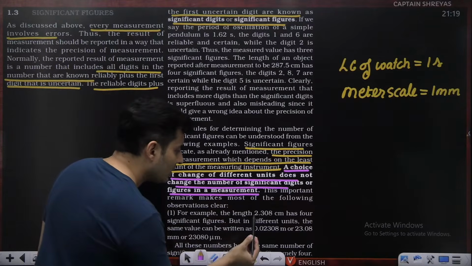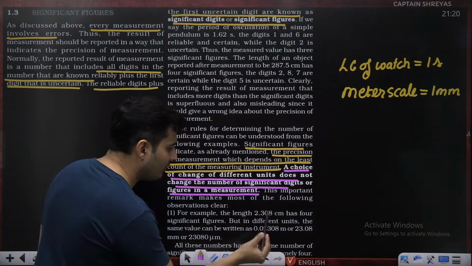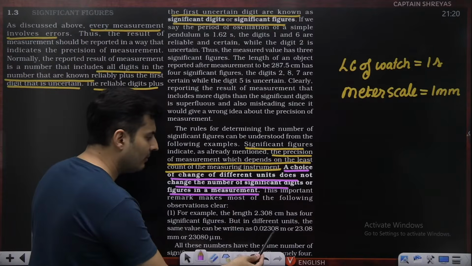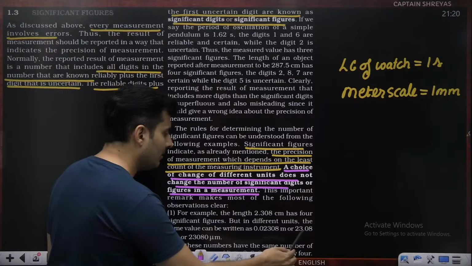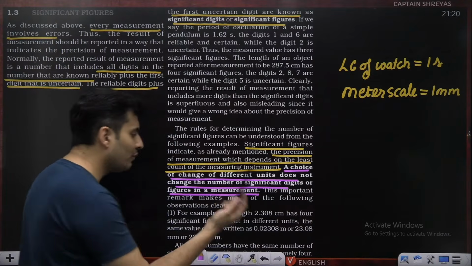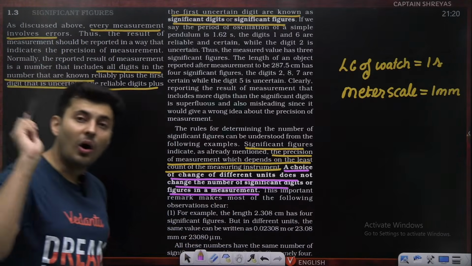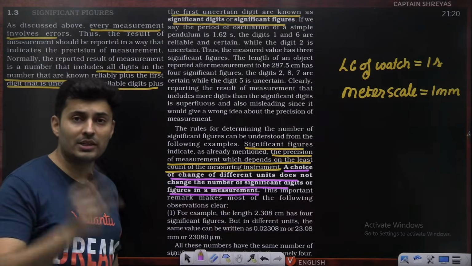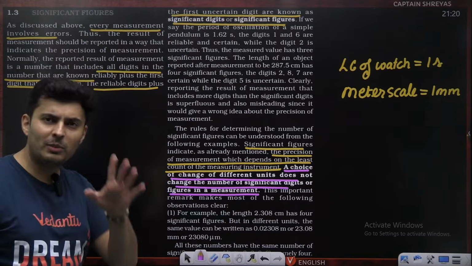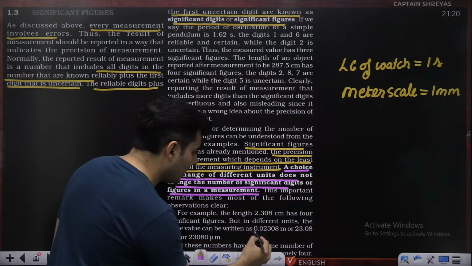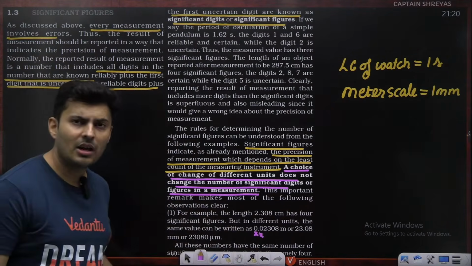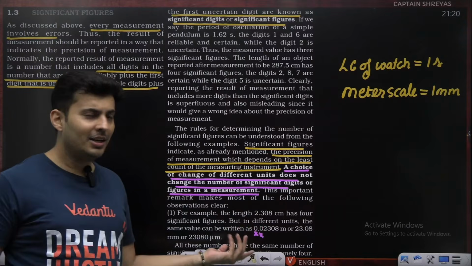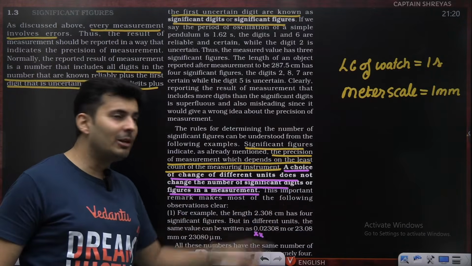Because you might say, sir, in centimeters, 1, 2, 3, 4, 4 digits were there. In meters, 1, 2, 3, 4, 5, 6, 6 were there. In millimeters, 1, 2, 3, 4 are there. No, no, no. All of them have the same number of significant figures. I know you might be thinking, sir, this 0 and this 0 are not important. Yes, they are not important. How did you know they are not important? Just because you knew the centimeter value?